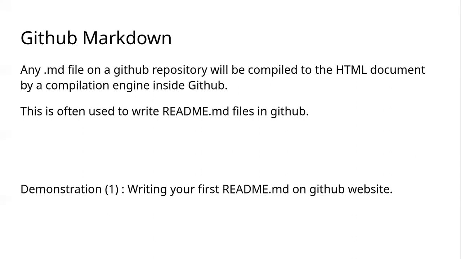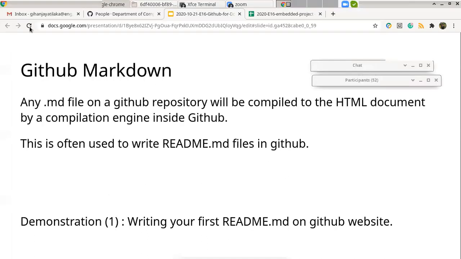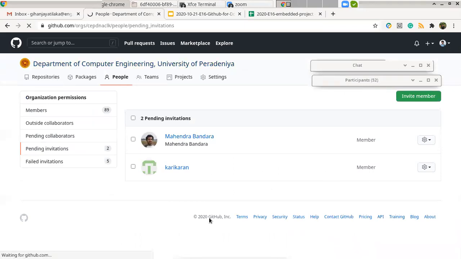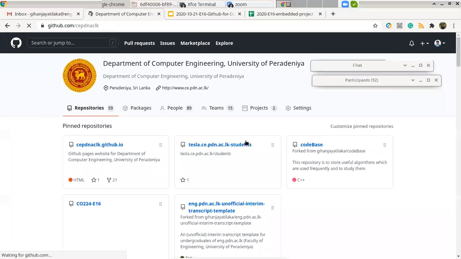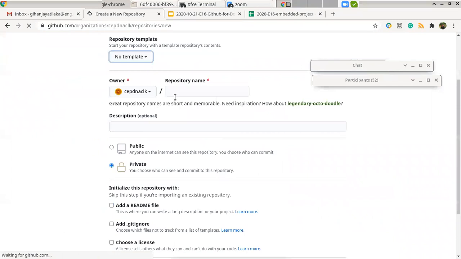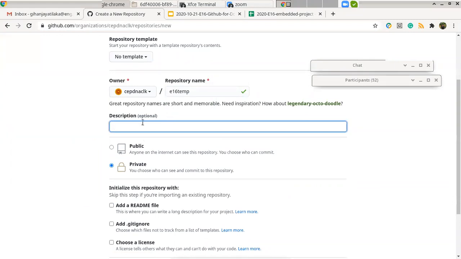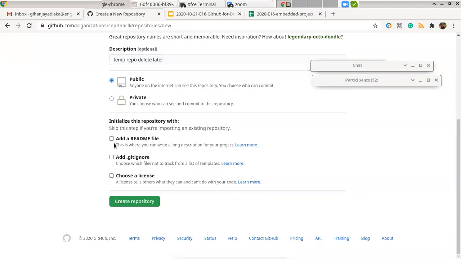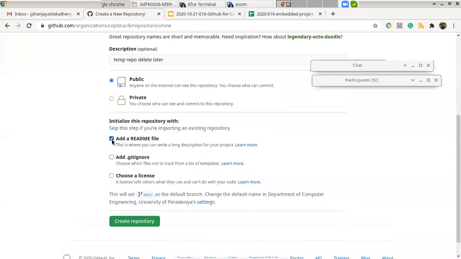So the first demonstration would be how to write a README on the GitHub website for a repository. For that, I'm going to use our department GitHub organization, which is github.com/ce.pdn.ac.lk, and create a new repository. Call it E16 temporary repository. I can initialize with a README file or not. I'll initialize with the README file for the time being because it's easier. I'll create it,